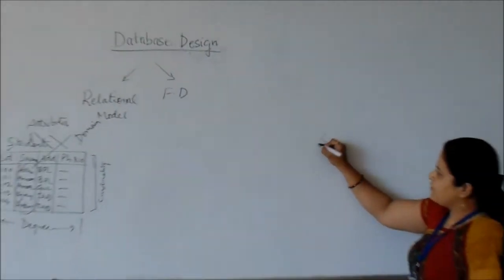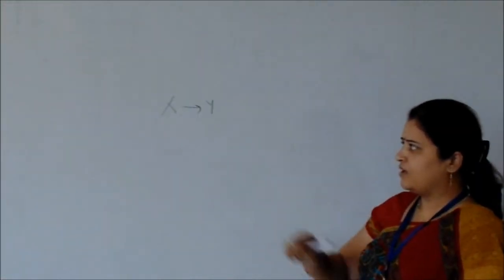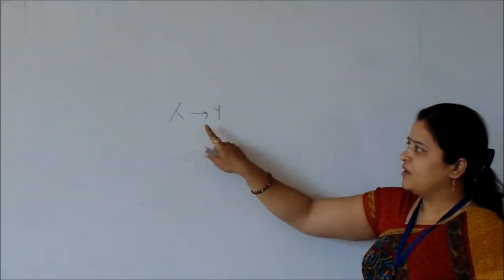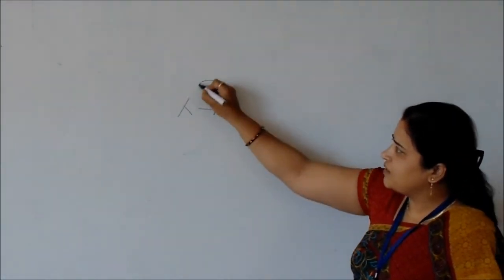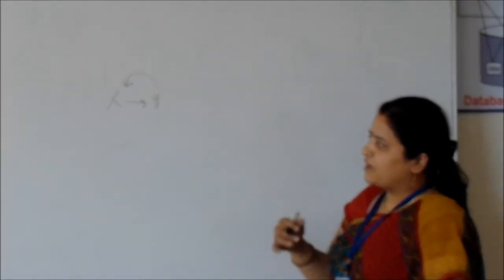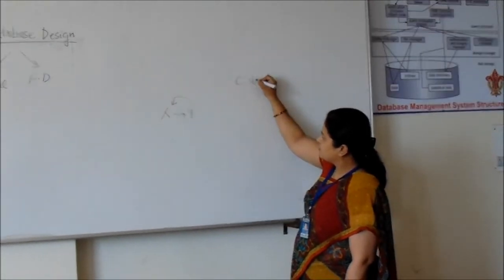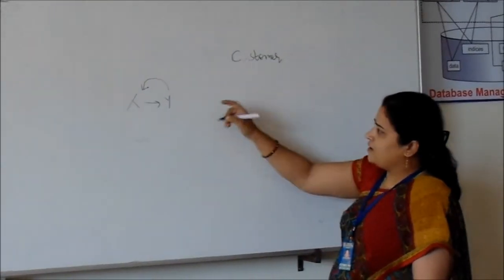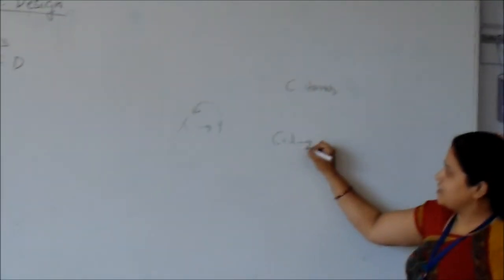For example, if I am taking two attributes of a particular relation, say these attributes are x and y and there is a belongingness between x and y, meaning x is determining y, then we can say that y is dependent on x. Now the question is how this dependency is defined with the help of this relational model. For example, if I have taken a database customer and if I substitute these values, say customer ID is determining customer name.